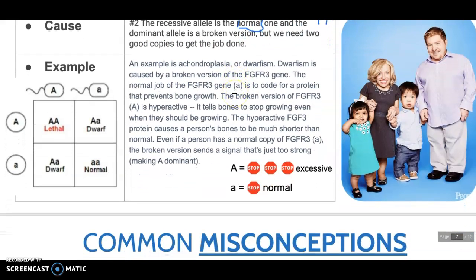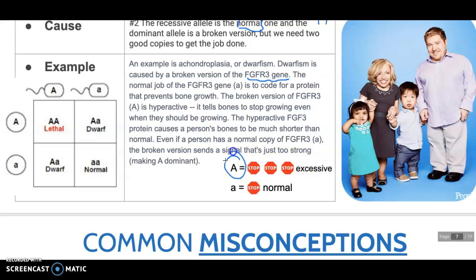So an example is achondroplasia or dwarfism. This is a broken version of the FGFR3 gene. The normal job of the FGFR3 gene is to code for a protein that prevents bone growth. And the broken version of FGFR3 is hyperactive. It tells bones to stop growing even when they should be growing. The hyperactive FGFR3 protein causes a person's bones to be much shorter than normal. Even if a person has a normal copy of FGFR3, the broken version sends a signal that's just too wrong,